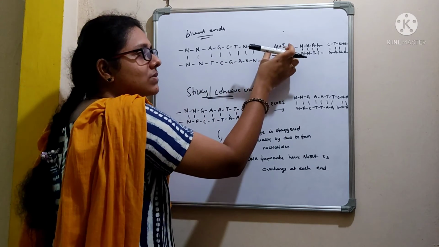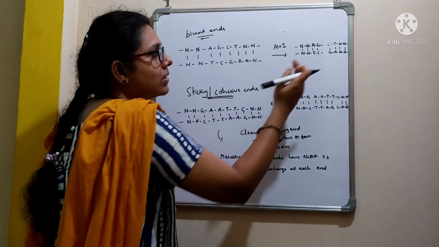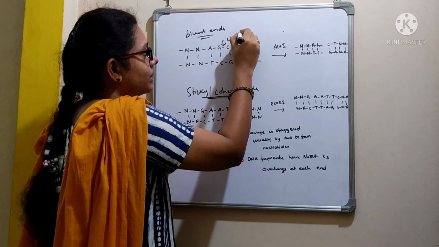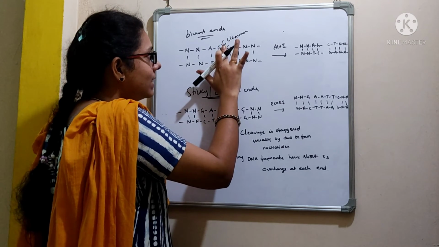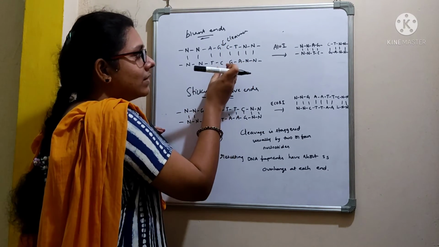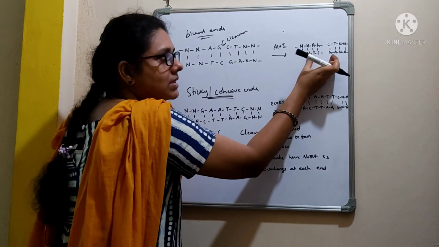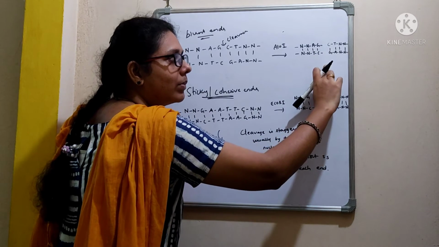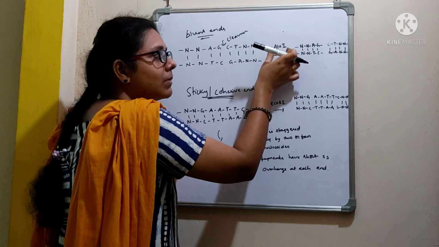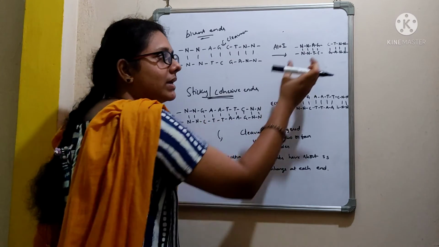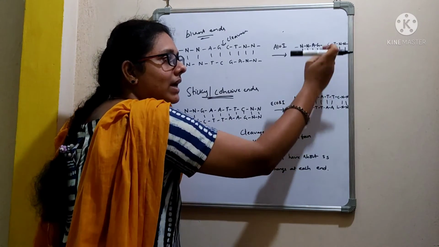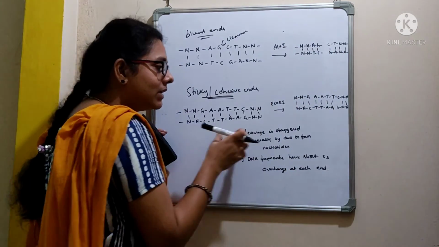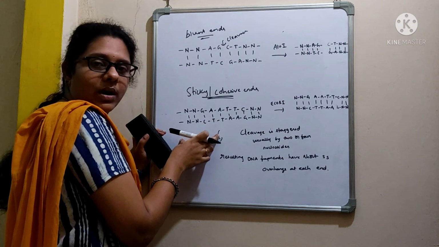So when we use a restriction enzyme AluI, the exact location of cleavage is here. It is going to cut the double stranded DNA exactly at this position. See, this is the blunt end. Here these phosphodiester bonds are broken with the help of an enzyme called AluI. So the double stranded DNA is cleaved exactly at this location, giving rise to a blunt end. Observe the difference here in case of sticky or cohesive ends.